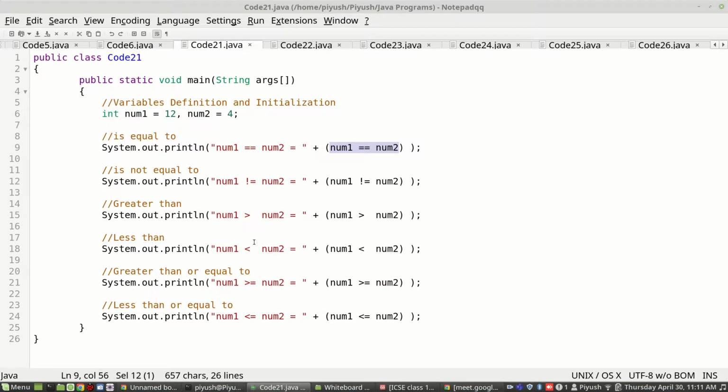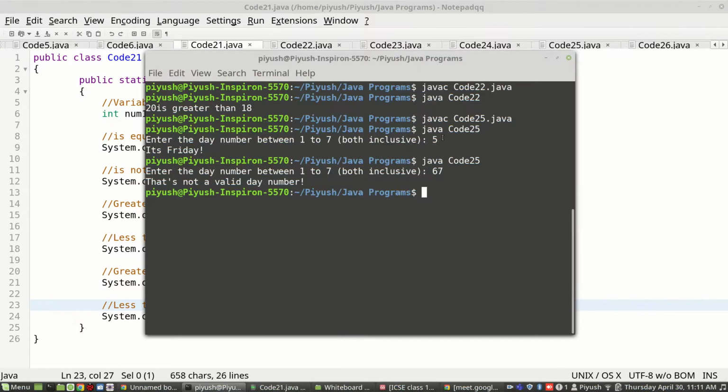Let's say if I give num1 as 10 and 29, what will be the answer for this case? That is 10 is less than equals to 29. True, right? So I'll show, that is program number 21.